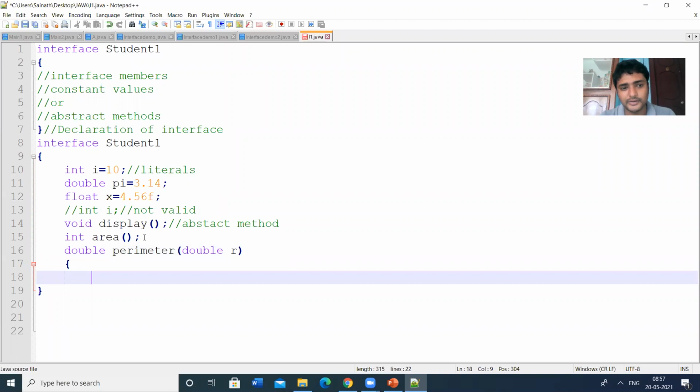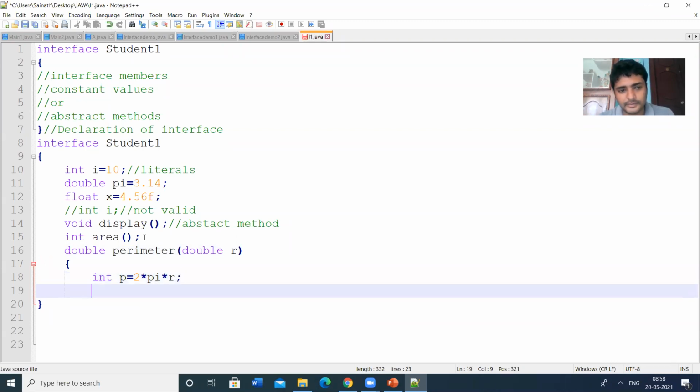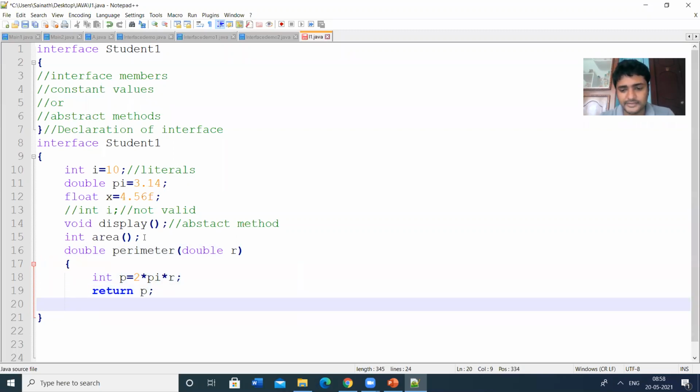Perimeter, suppose p is equal to 2 into I into r. This is the formula, perimeter of circle 2 pi r. Then return p. So this is the method definition.